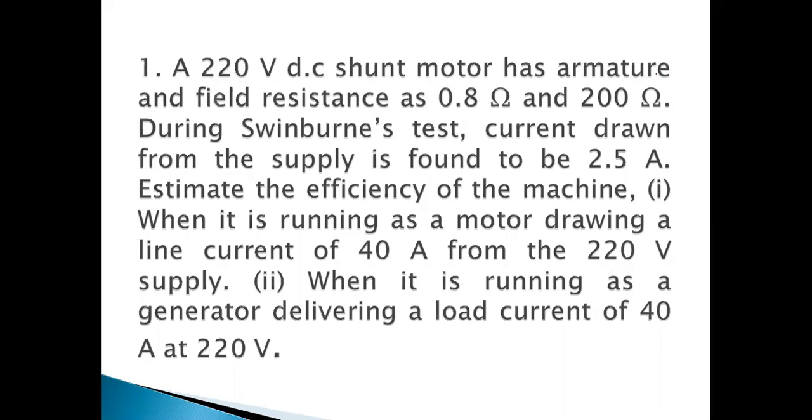A 220 volts DC shunt motor has armature and field resistance of 0.8 ohms and 200 ohms. During the Swinburne test, the current drawn from the supply is found to be 2.5 amperes. Estimate the efficiency of the machine